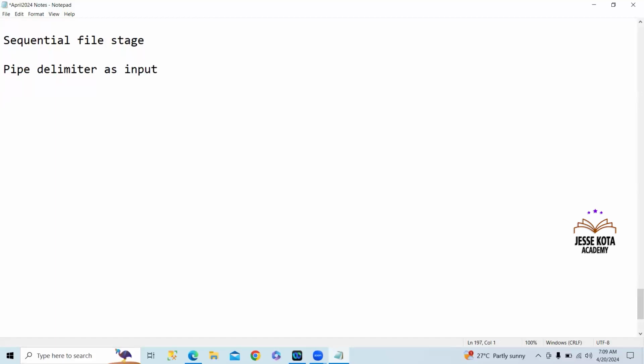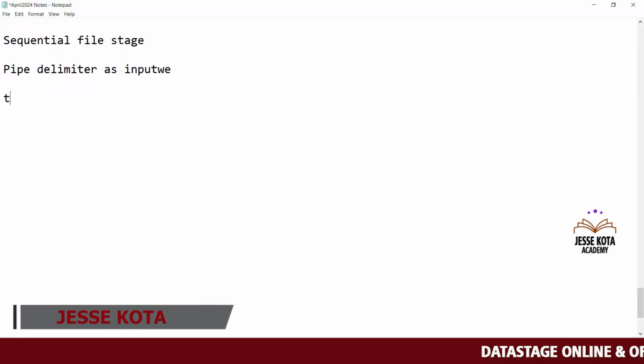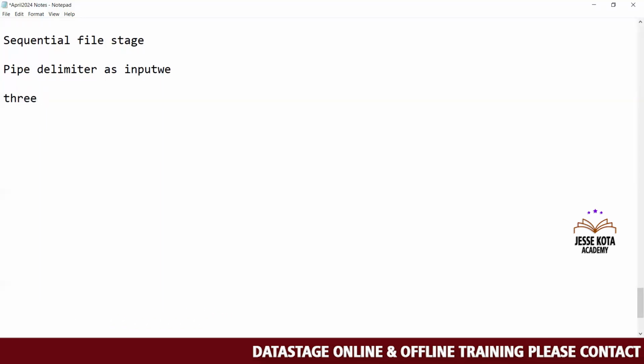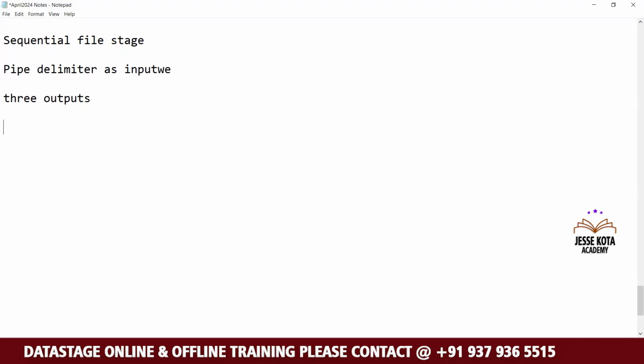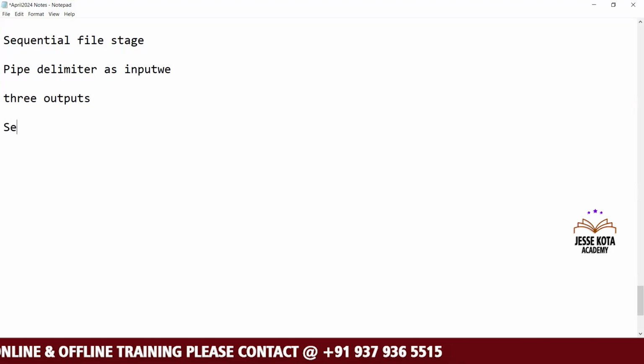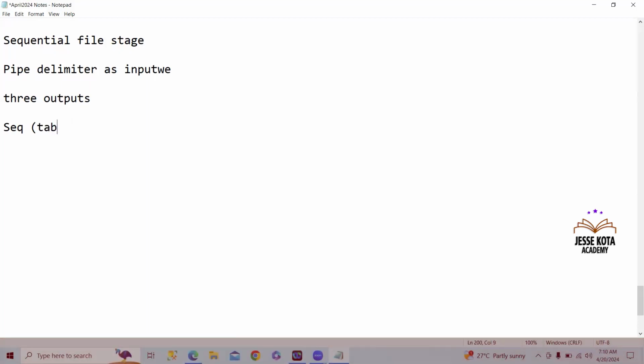And we'll be loading data into three output files. So what are those output files? One is a sequential file. So let's create a new file. One is a tab delimiter file, tab delimiter. Another one is